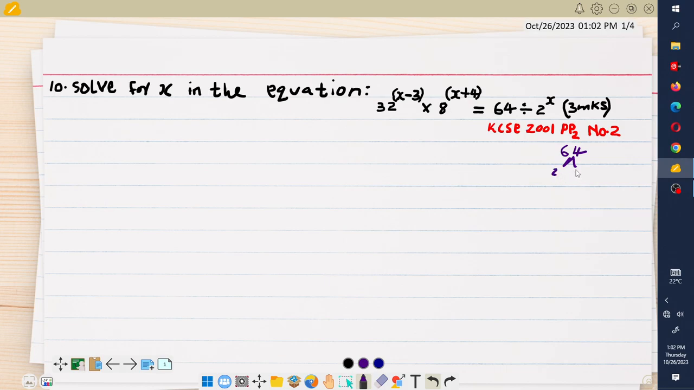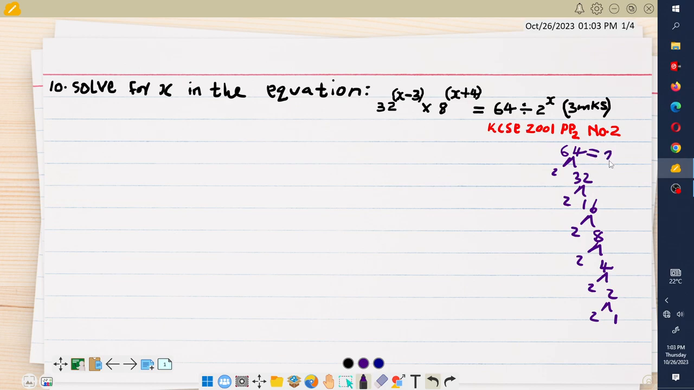64 divided by 2, you are going to get 32. Then 32 divided by 2, you are going to get 16. Then 16 divided by 2, you are going to get 8. Then 8 divided by 2, you are going to get positive 4. Then 2 into 4, 2 times. Then of course 2 into 2, 1. So this simply means that 64 can be expressed as 2